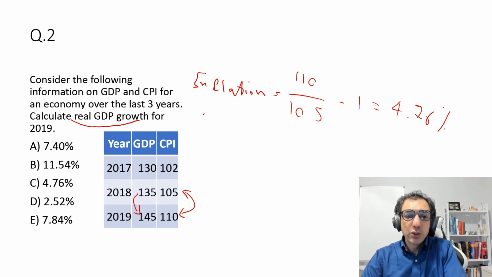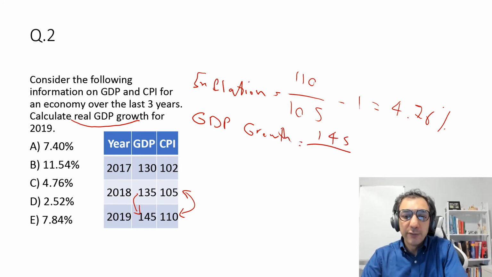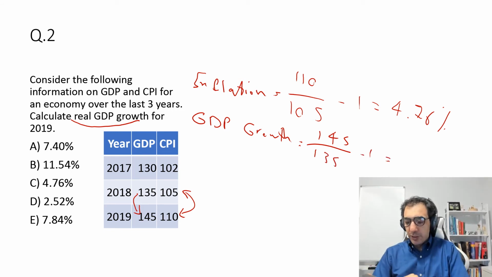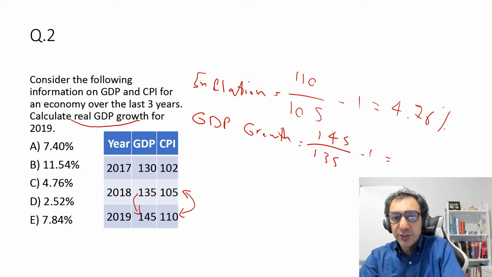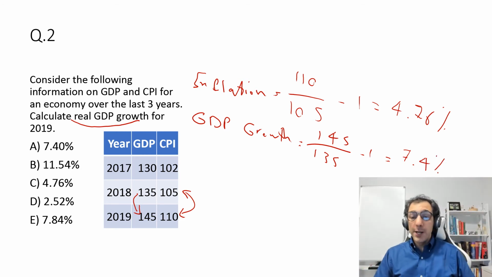The same thing. So you can find the GDP growth rate for 2019. So it's going up from 135 to 145. So 145 divided by 135 minus 1. So let me just find the growth rate. So it's 7.4%. So your nominal GDP is growing by 7.4%. So you have to be careful. This is the nominal GDP growth. You're looking for the real GDP growth. We have to take out the impact of inflation. How can we do that?